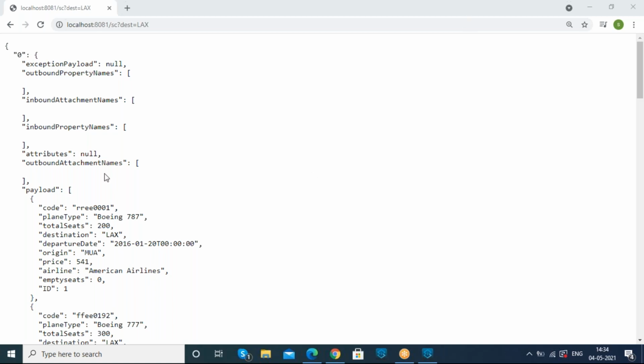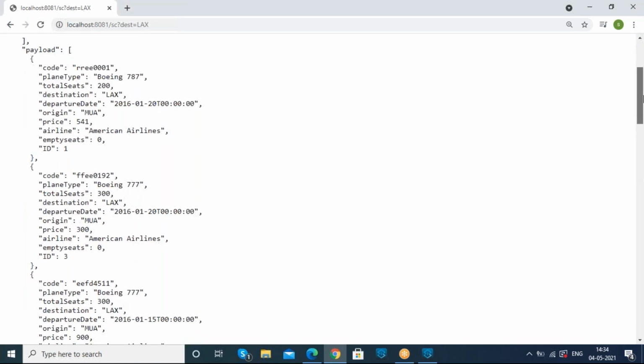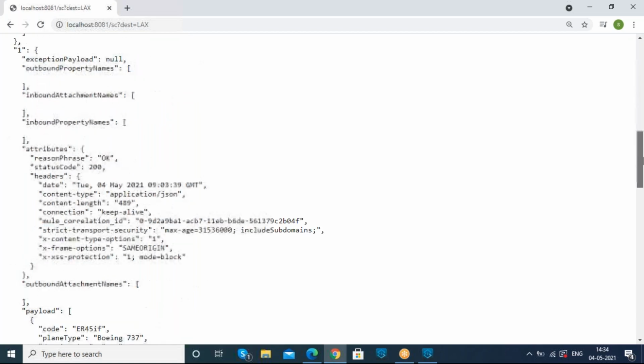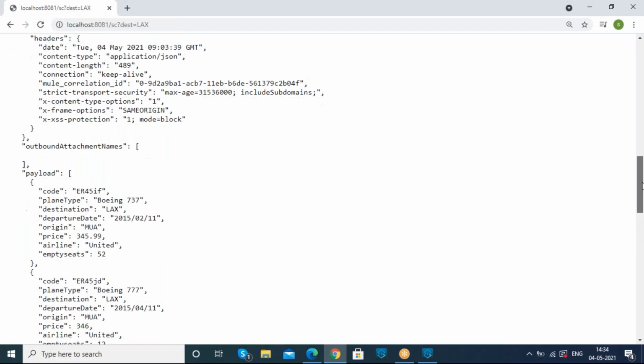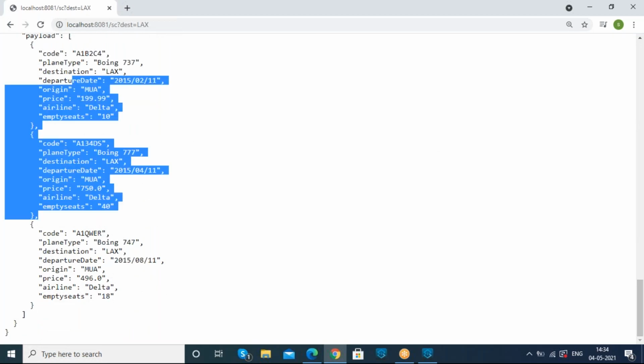So here we are able to get the total data as our response based on the LAX parameter. Now when we request it according to the destination parameter, all these flights data are visible for us: American data, United data, Delta data.